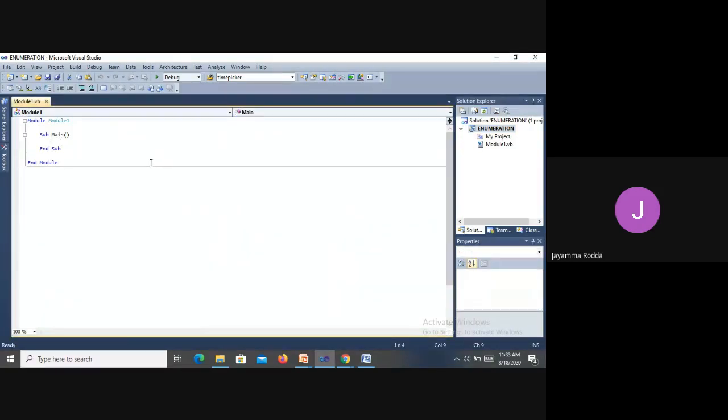We are directly going to create the enumeration. E-N-U-M. See again, my caps lock is on. So enum, and I'm going to create the colors. So for the colors, I'm going to give yellow is equal to 1.